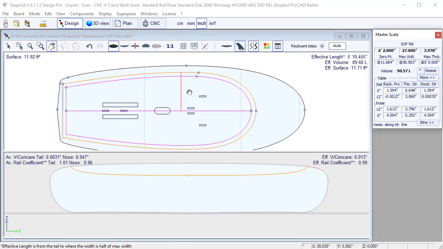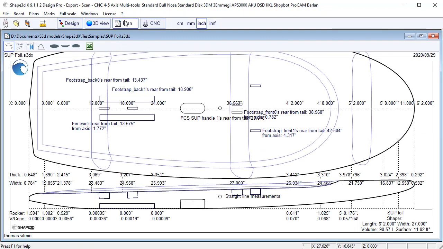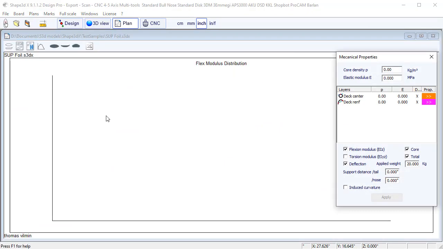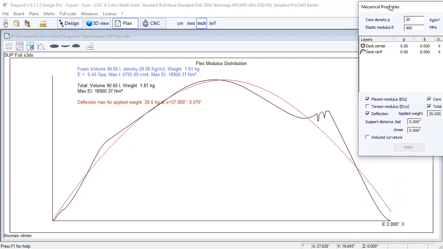And speaking of reinforcement, this new version has a function in the plan mode, in the menu plan flex distribution, and this mode allows you to have an insight on the weight and the flex of your board. For this you need to define the density of the core. Let's say this board is a regular EPS, it should be around 20 kilograms per cubic meter, and an elastic modulus of around 400 megapascal. Apply, and then if you do that, you'll see